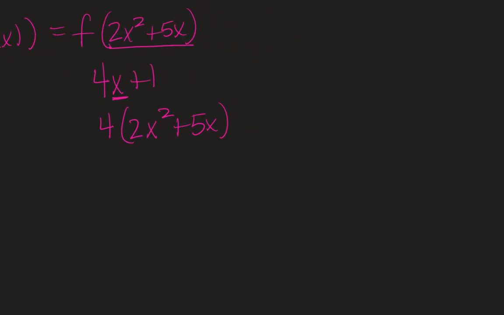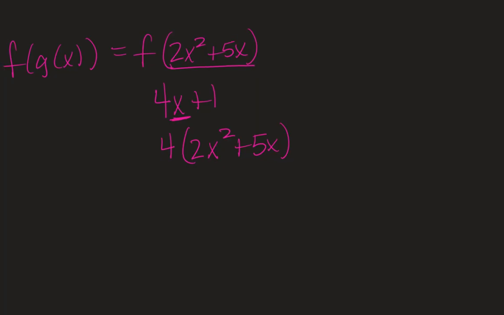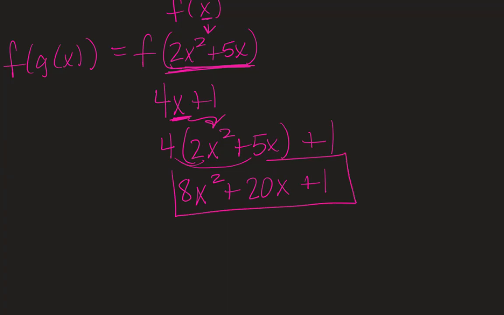And then, so I replaced this with this, because remember, f of x was replaced with that, so let's replace x with that, and then we got the plus 1 at the end because that's the rest of the function of f. So 8x squared plus 20x, because you got to distribute the 4, and then plus 1. And that is f of g. So f of g is 8x squared. So therefore,